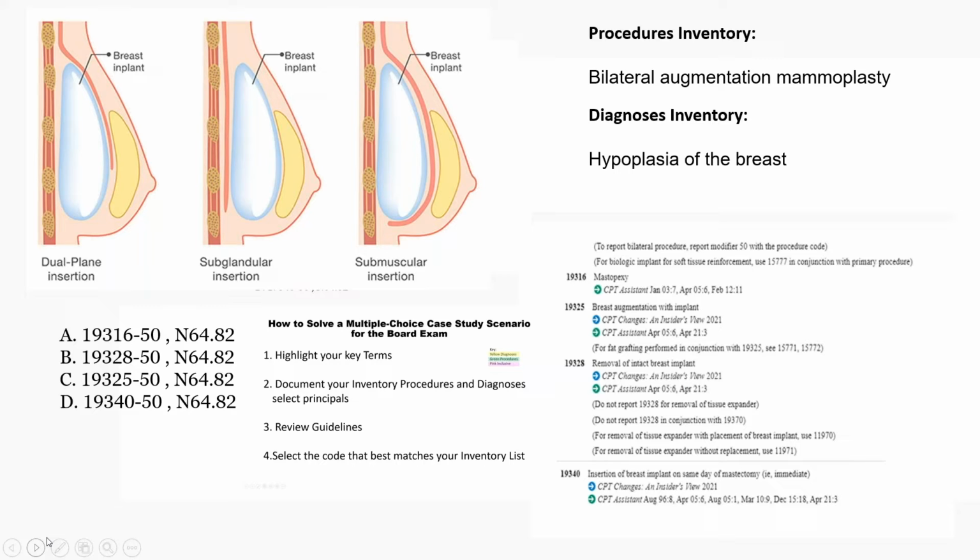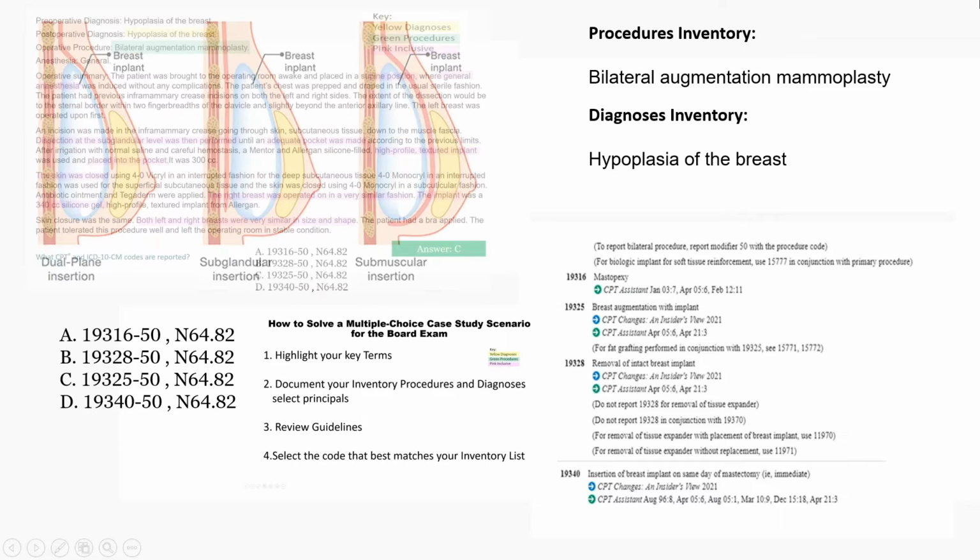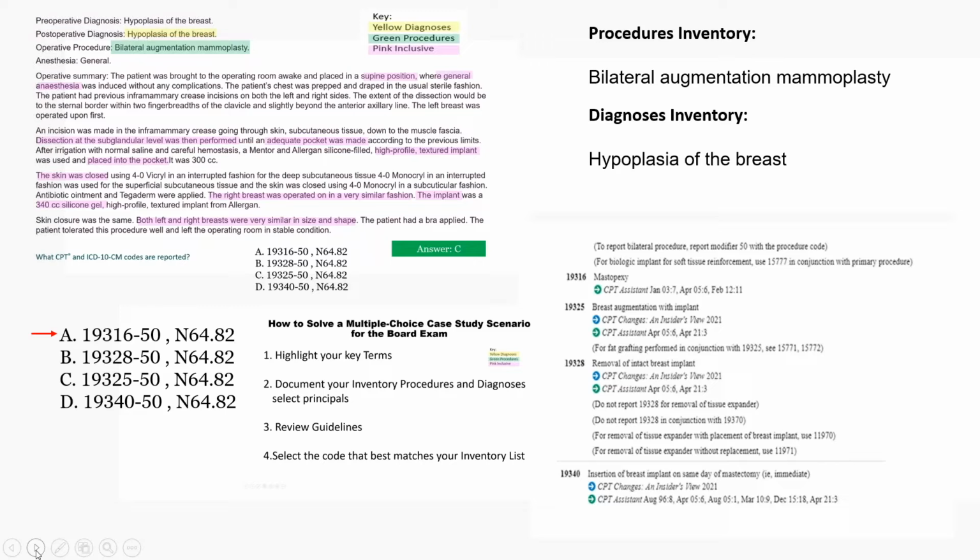This is also known as augmentation mammoplasty. It is a surgery to increase the breast size, and this actually involves placement of a breast implant under the breast tissues or chest muscles. You can see in the diagram different techniques and methods used, like dual plane insertion, subglandular insertion, and submuscular insertion of the breast implant. So this is just for your information,